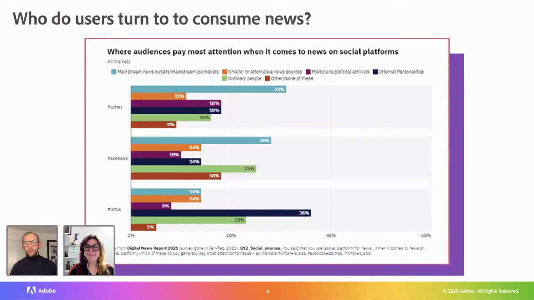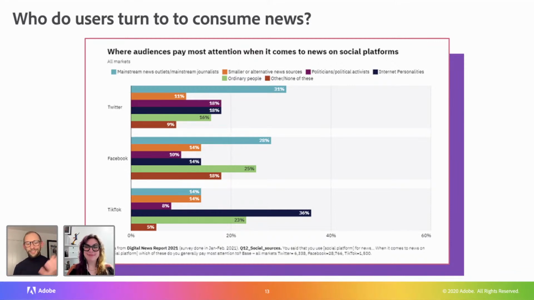But the thing that makes this particularly interesting is when you start to compare it to the other platforms. It's quite a busy slide, this one, but the key takeaway here is that on Twitter and Facebook, most people follow the mainstream news outlets or the big journalists within them, like the finance reporter of the Wall Street Journal, whatever it might be. You follow those people that historically have been trusted. Not saying they're not trusted now, but they're in old media terms. Whereas TikTok